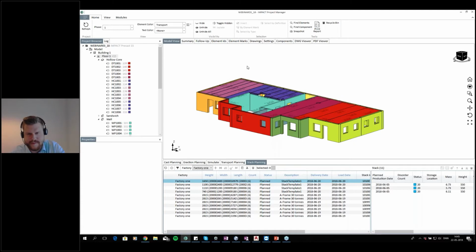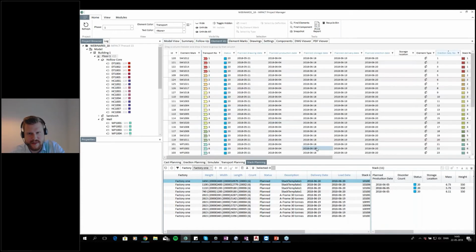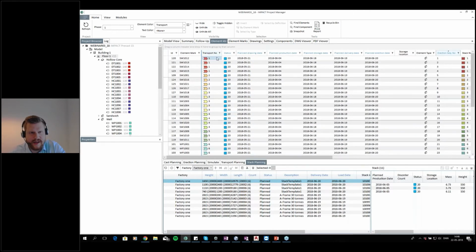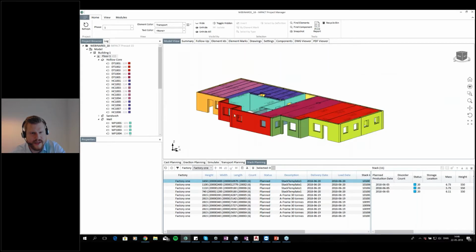And that means that we know when these elements have to be transported. We use the same date, of course, as the last time. But if we go into the element IDs here, now you'll be able to see the elements which the transports are located on. If I even go in, let's say I pick this one,